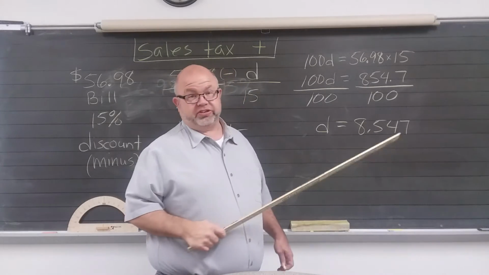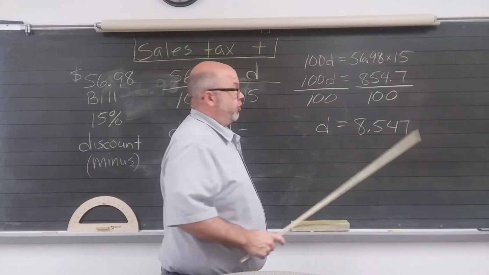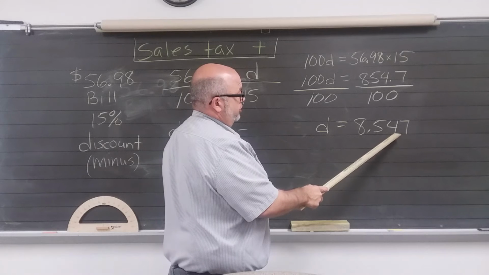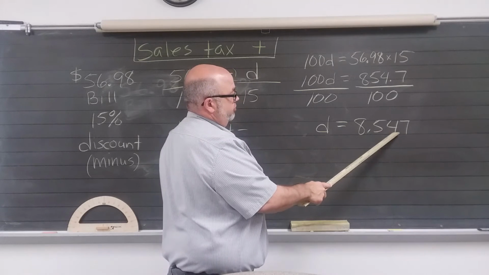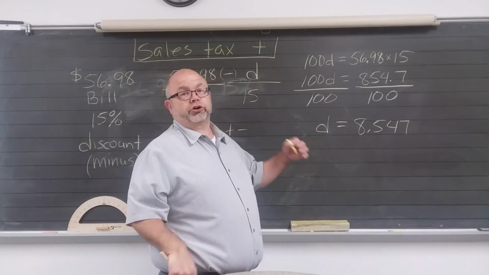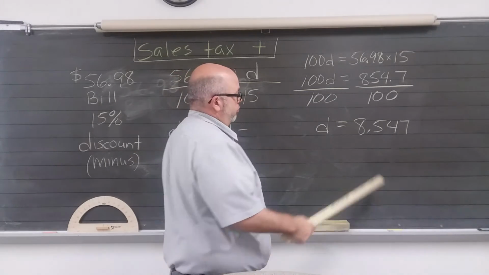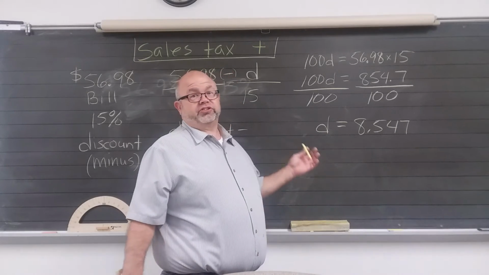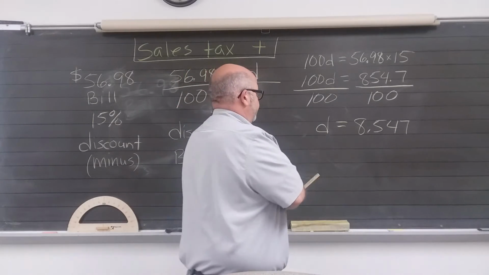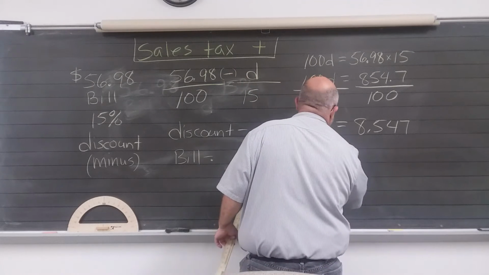Always, when you're working with discount and sales tax, round the number off to the nearest hundredth. Tenths, hundredths, 2 places after the decimal, or your nearest cent. The 7 does what to the 4? The 7 makes the 4 a 5, so your total discount is